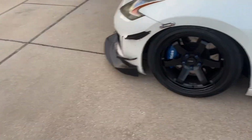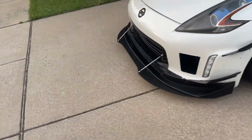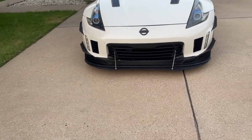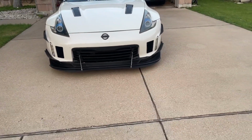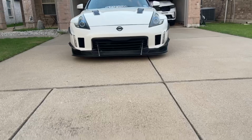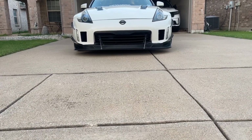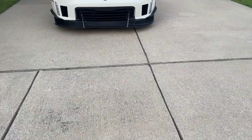And then also I'm going to readjust my front bumper, not bumper, but my splitter. Looks like I have it too high up. I don't know. Looks like one side's a little bit higher. Y'all tell me what y'all think. Other than that,